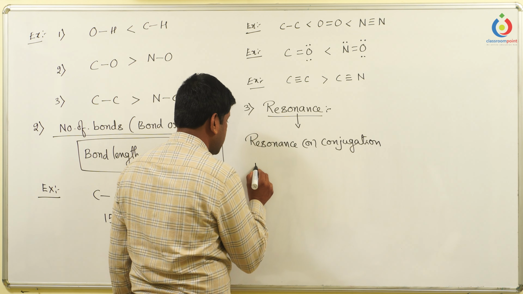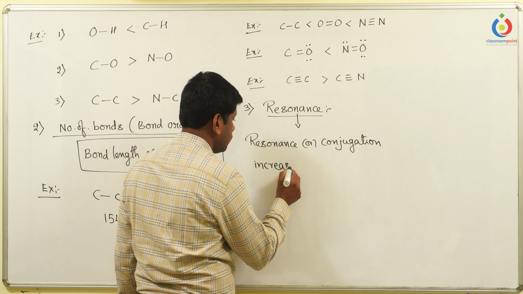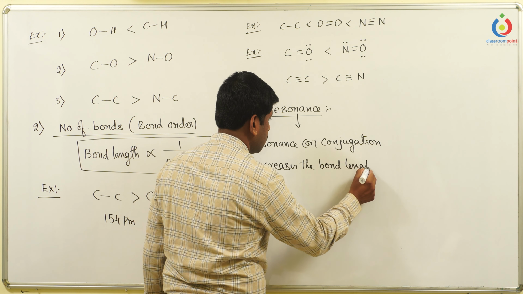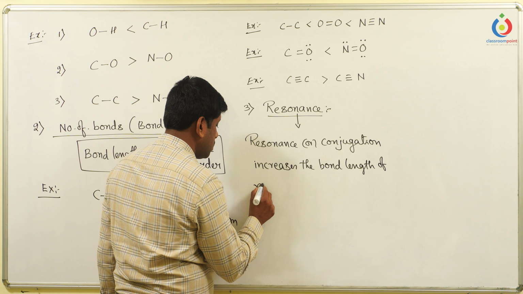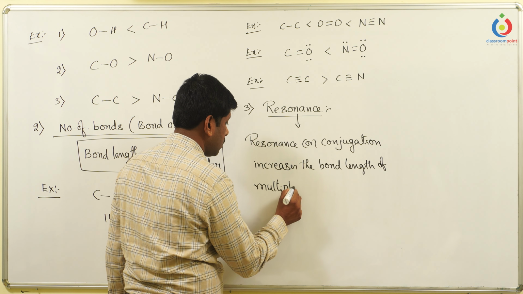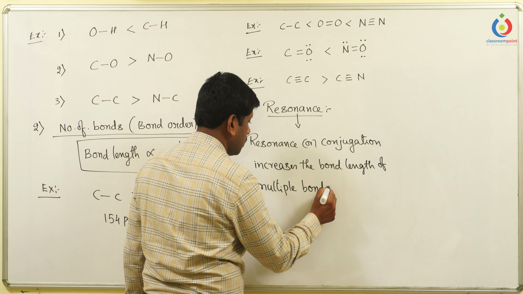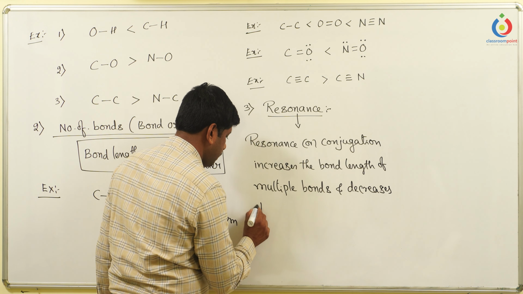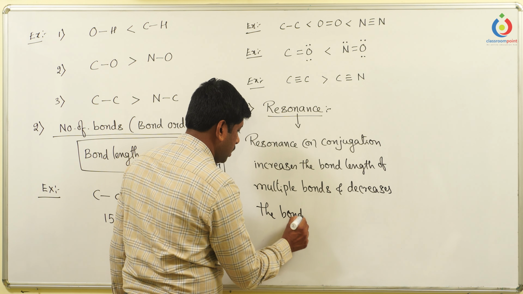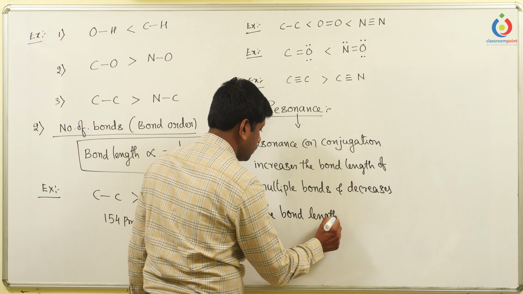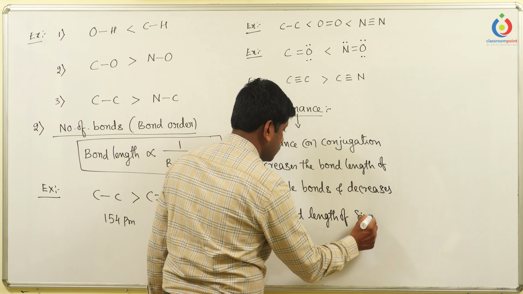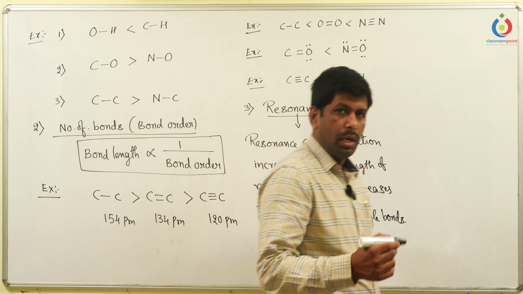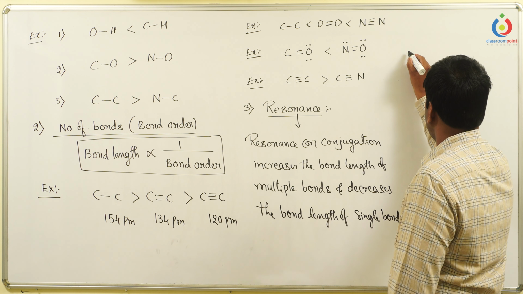Resonance or conjugation increases the bond length of multiple bonds and decreases the bond length of single bonds. So let us take an example here. If you take a benzene molecule,